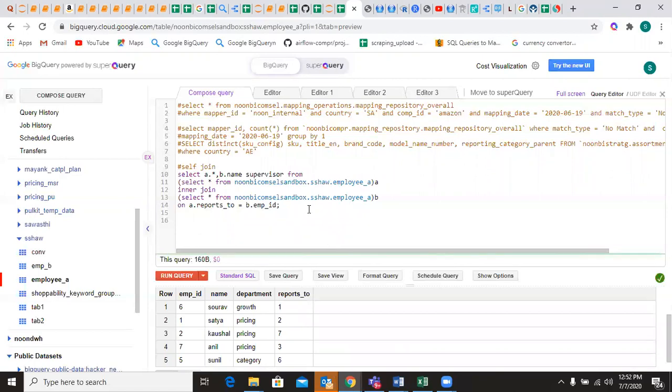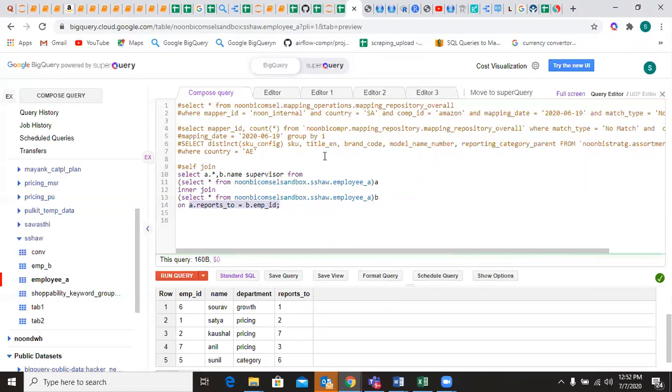So guys, if you notice, we are using the same table, employee underscore a, but we have just created an alias. We have named one as a, and the other as b. The data set is the same table we are referring to. Now the main thing to notice is this condition.